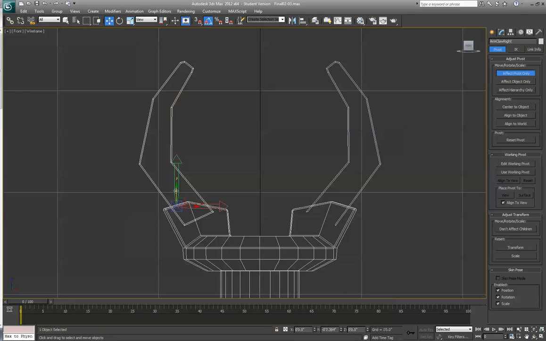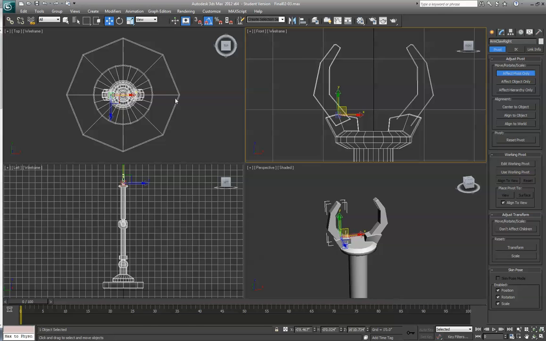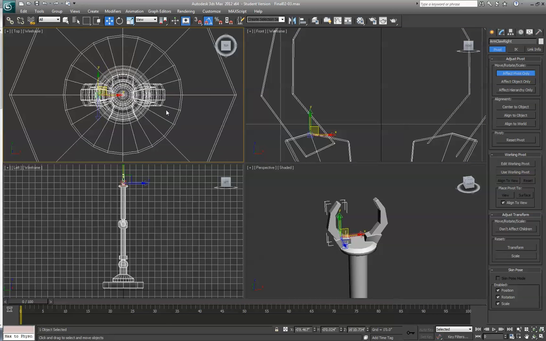What I'm doing is changing where this rotates from, right? So let's just put it right about there. If I look at it from a top view, I want to make sure that it's right in the center, which it is. So now I'm going to unclick that,